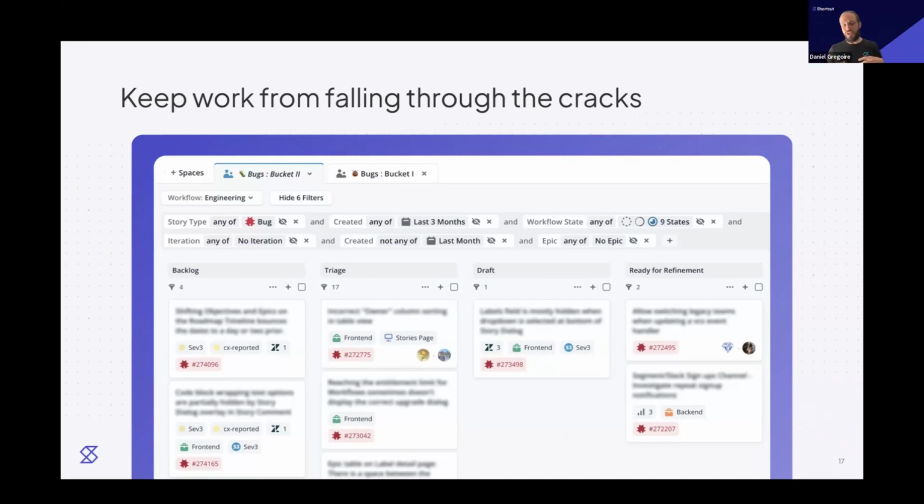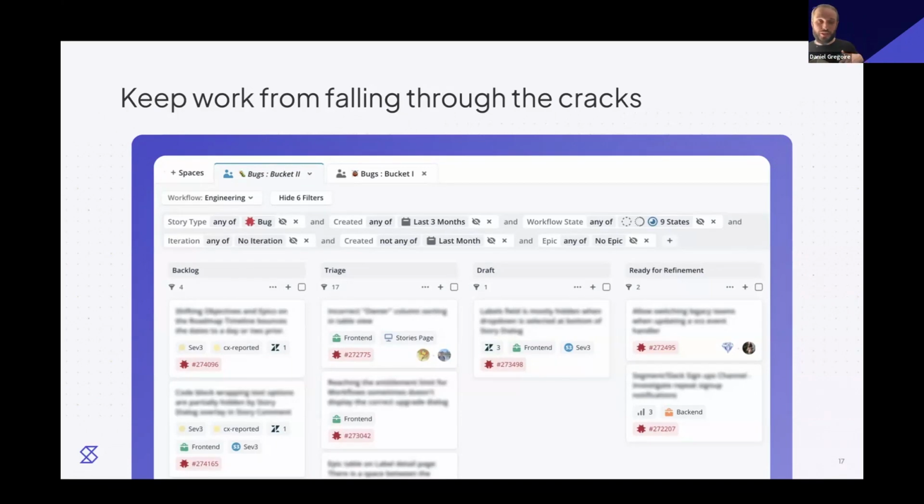So here we're not just sticking to unstarted work. We're looking at workflow states of backlog, unstarted, and in progress, in case a bug was started and had a really difficult root cause to suss out or a difficult fix and it's still in progress for a long period of time. And likewise, we recognize in this view here, we see epic, any of no epic, meaning this